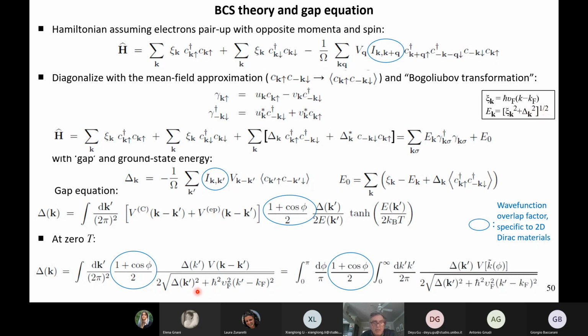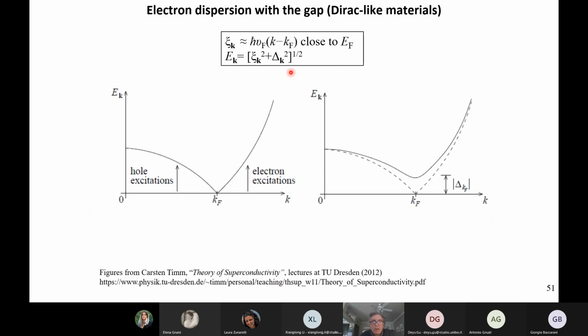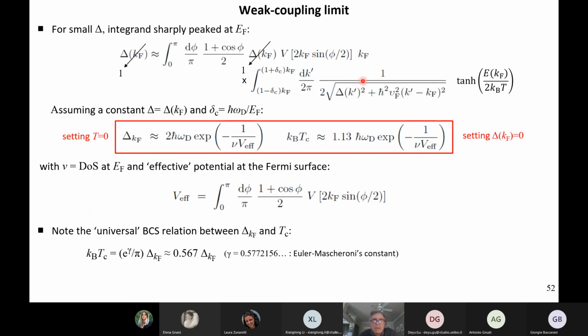So this is the expression. If you take delta small, then this integral is peaked at the Fermi surface, not surprisingly, because we're assuming that everything happens at the Fermi surface. Then you can do the integration by hand around the Fermi surface, and you find that you can solve this integral equation analytically, strictly, if you consider the Euler-Mascheroni constant to be an analytic form, in two limits: the limit in which the temperature goes to zero,